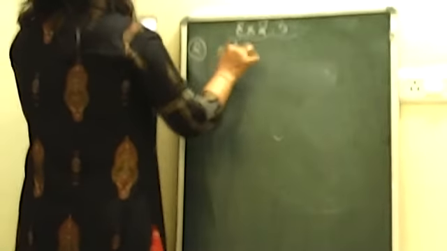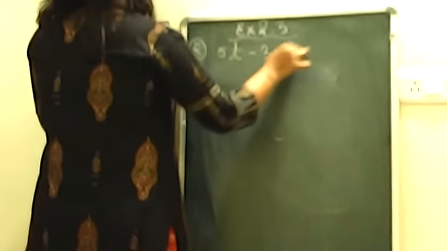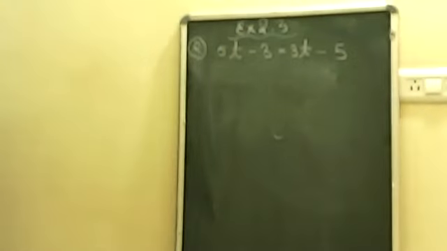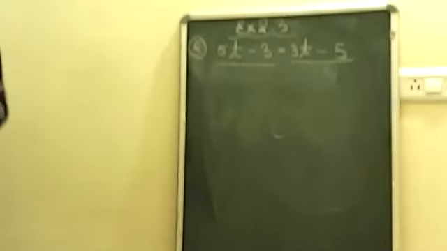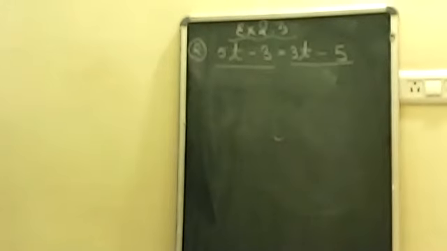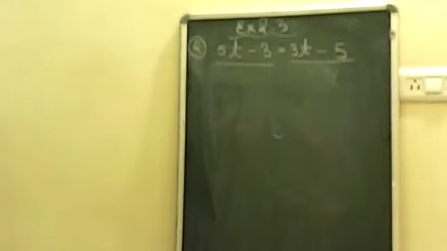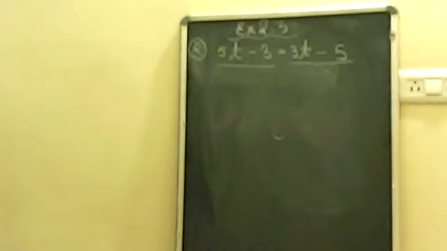So the question is 5t minus 3 is equal to 3t minus 5. Remember, in this type of question, if you see, the variable is only t. Okay, the variable is only t, but it is written twice. Like one is on the left hand side and one is written on the right hand side. So the first step will be to keep all the variable expressions on one side and all the constants on one side. Okay, first we will keep all the t's on one side and all the numbers on the second side.